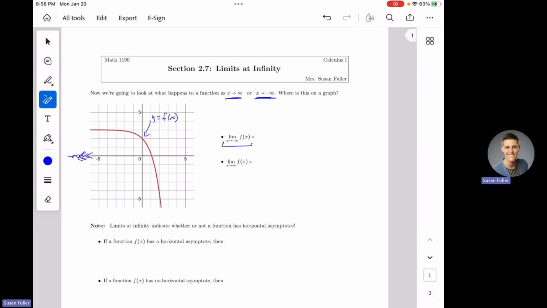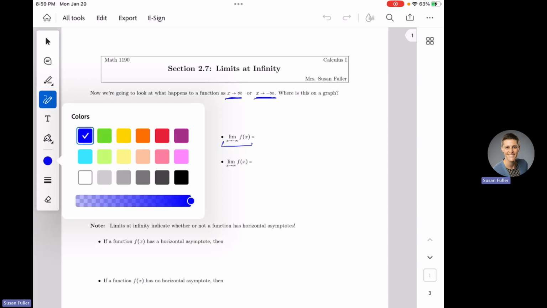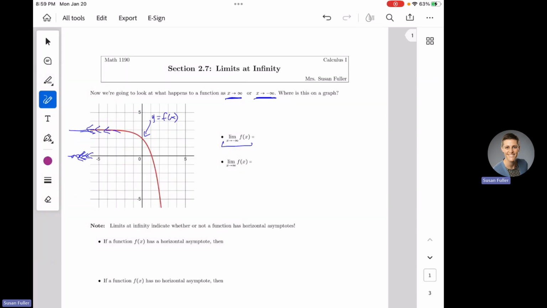This is saying, where do my y values go as x runs off to the left? Okay, so I'm going to follow this function toward the left here. Where is it going? Well, it looks like this function is leveling off, and I would say we have a horizontal asymptote here. It's not written in, but it certainly looks like that. So I'm going to tell you, we have a horizontal asymptote here. That horizontal asymptote is at y equals, what is that? 1, 2, 3. I have a horizontal asymptote at y equals 3.